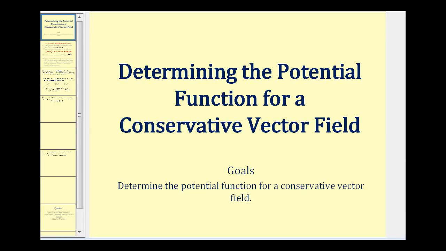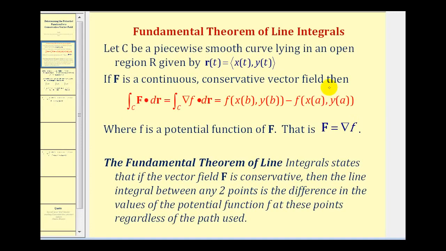Welcome to a lesson on determining the potential function for a conservative vector field. The reason that determining a potential function is very useful is based upon the fundamental theorem of line integrals. This theorem states that if the vector field f is conservative, then the line integral between any 2 points is the difference in values of the potential function little f, as we see here, at the 2 points regardless of